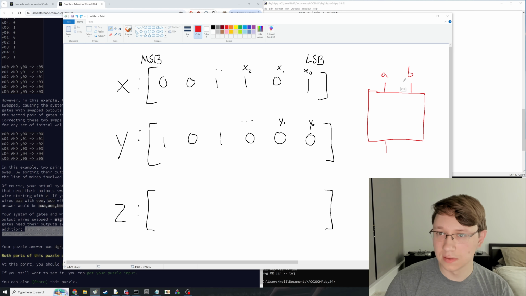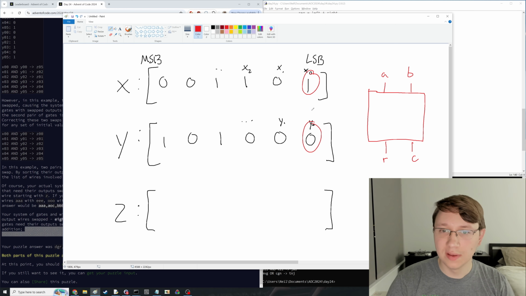Maybe I shouldn't call these A and B. I should call them X and Y perhaps. But we'll output R for the result. And the idea is that we'll take in this bit, and we'll output a carry that will carry on into the next computation, as well as the output of this